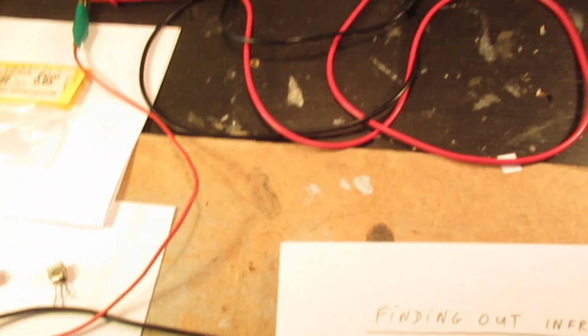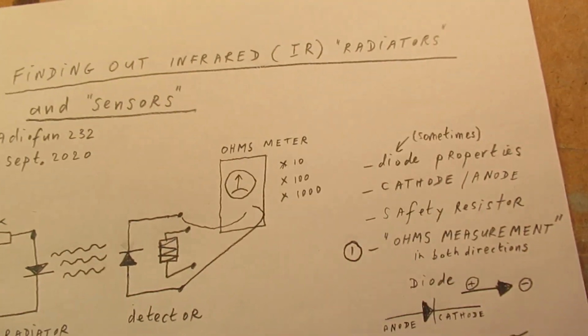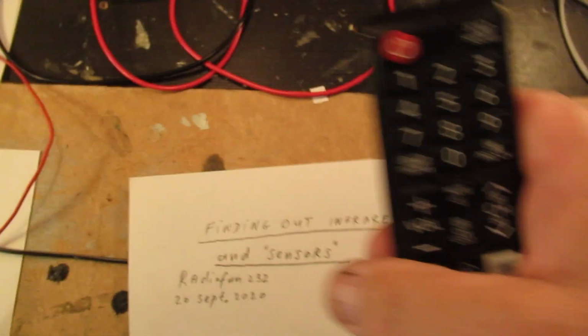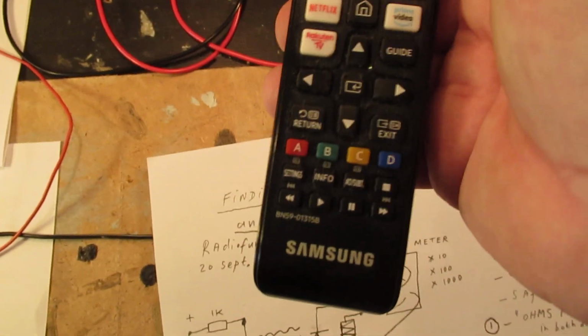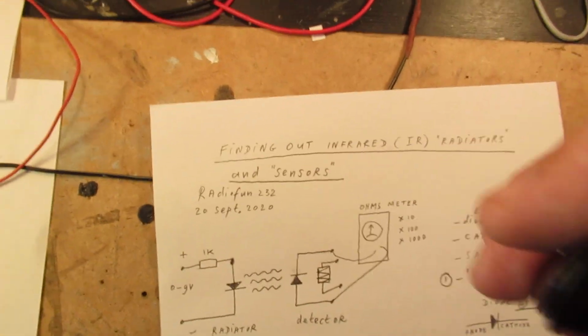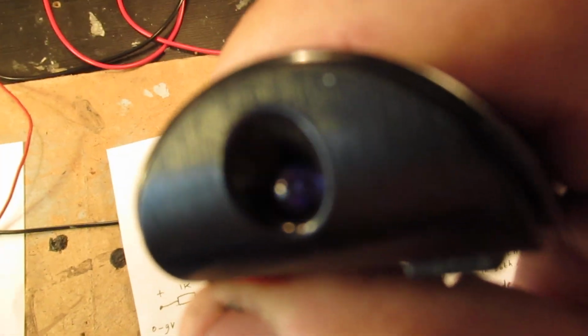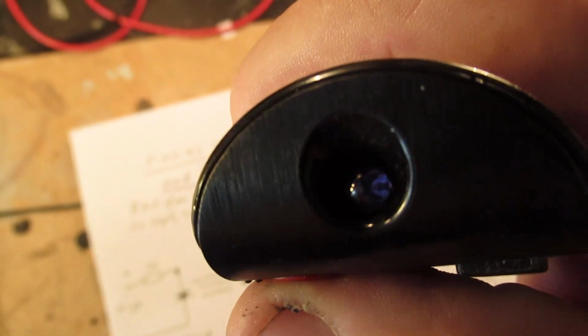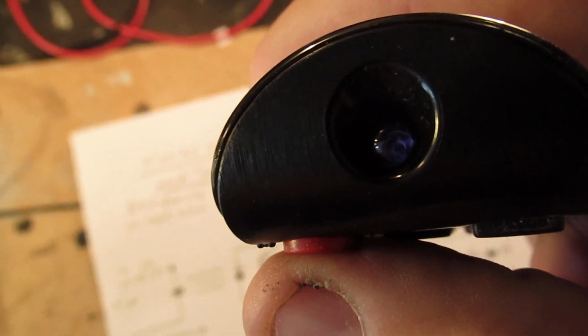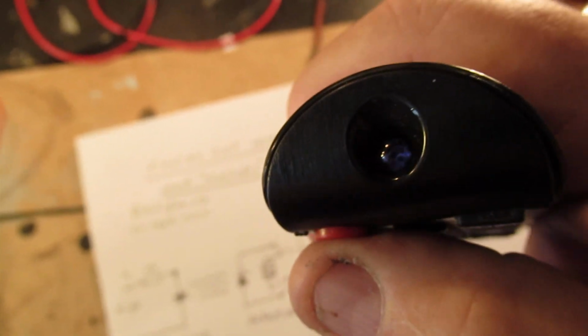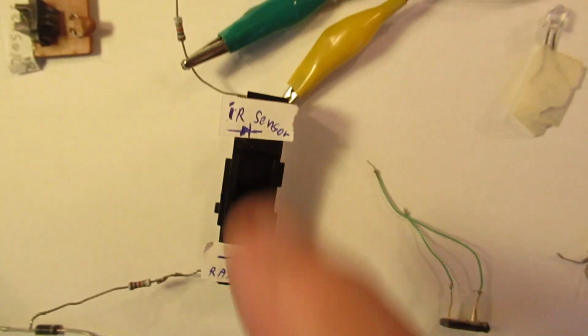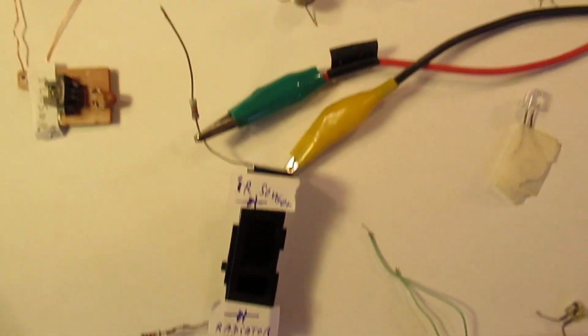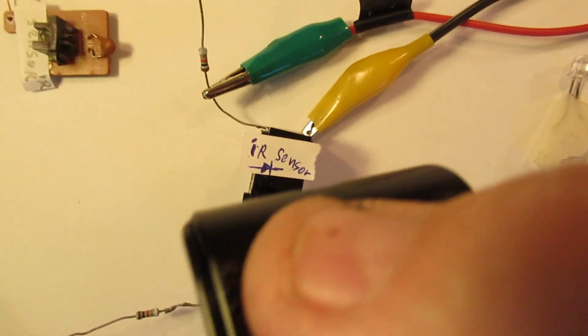I want to do that now, and I use for that purpose this remote control. It has an infrared LED, and you can see that when you push the button, digital cameras can make infrared light visible. That's clear to see here. And here is a sensor. It's hooked up to the meter, and when I shine that not visible infrared light to the meter,